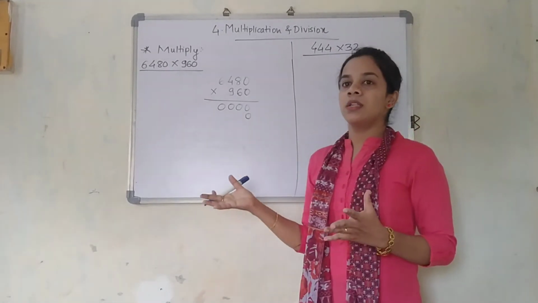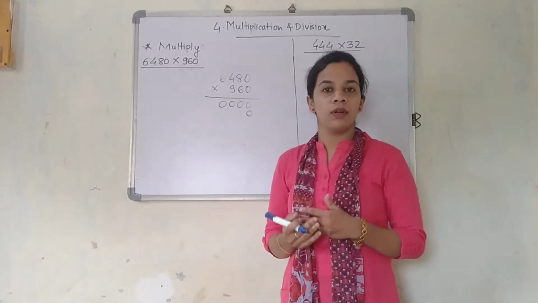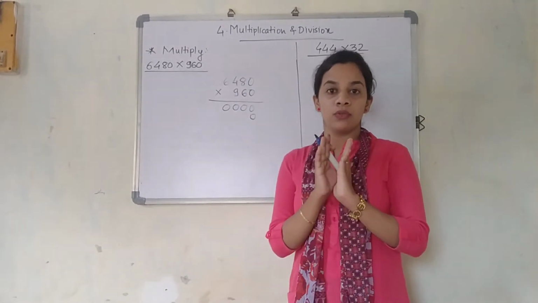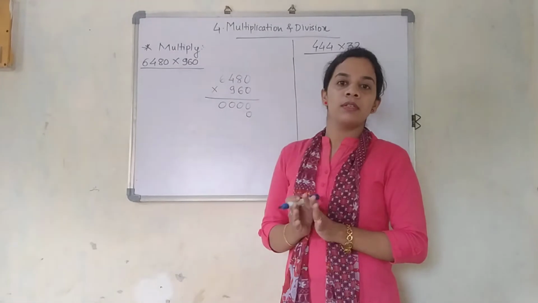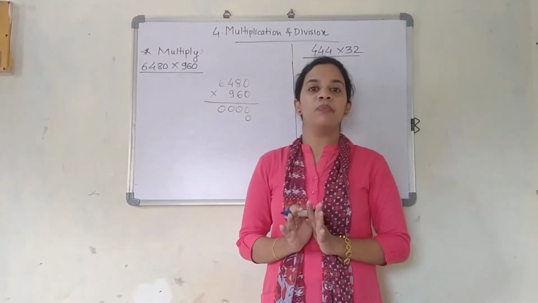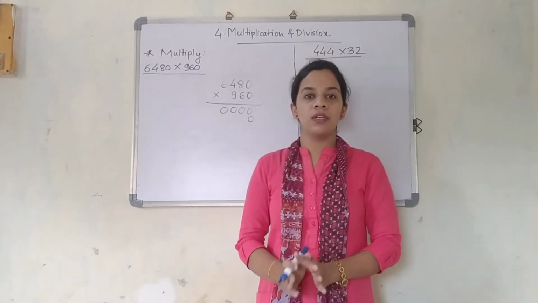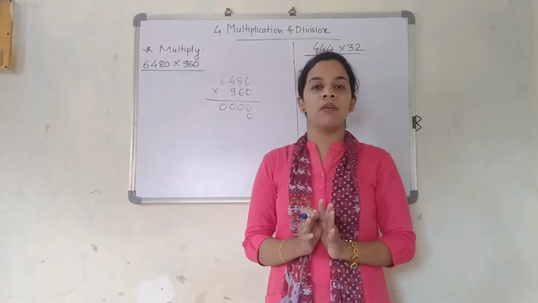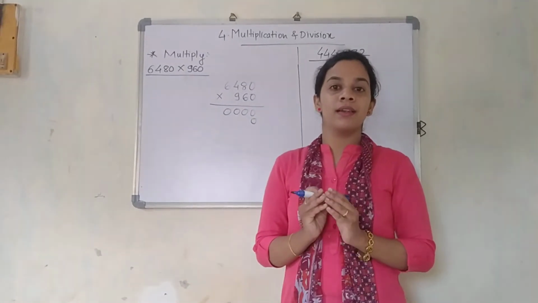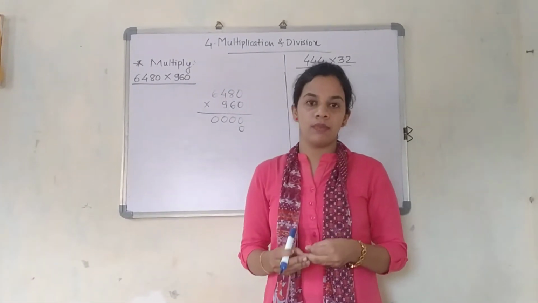So just don't see how big the digits are, thinking how am I going to calculate. Just go on doing the basic steps of multiplication. Everything will be easy. Just don't forget your tables. Tables are very necessary over here. If your revision of tables is not yet done, please do it, because multiplication, division, and tables are very important. This is my kind request to you all, please do your tables properly.